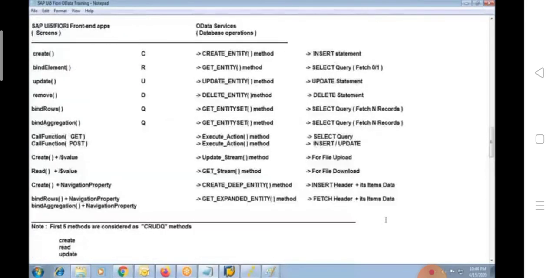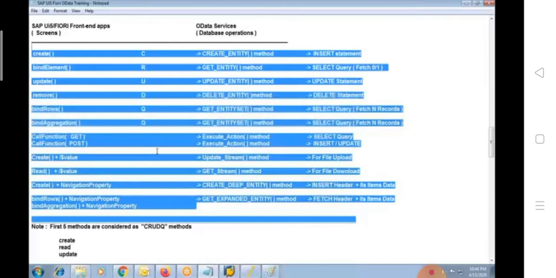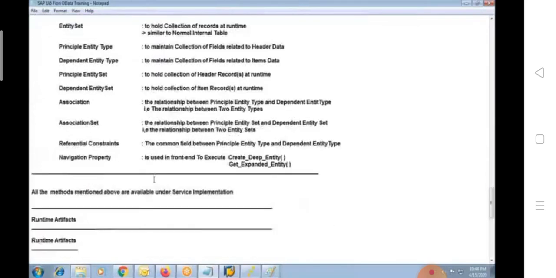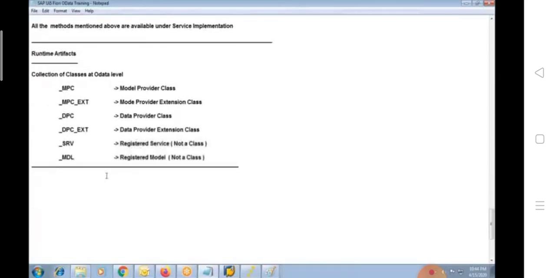The first 4 classes we are going to use for implementation of all these methods. And not only that, we are going to make use of service maintenance. So that is another folder.